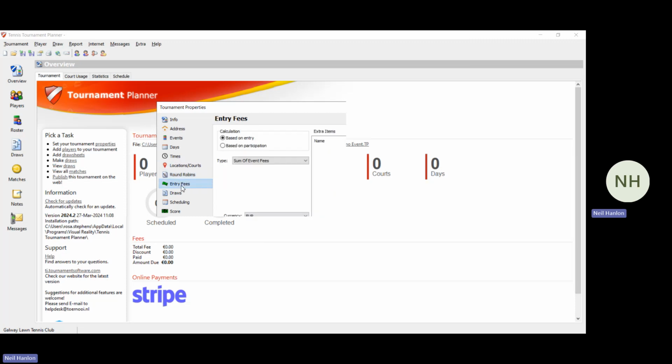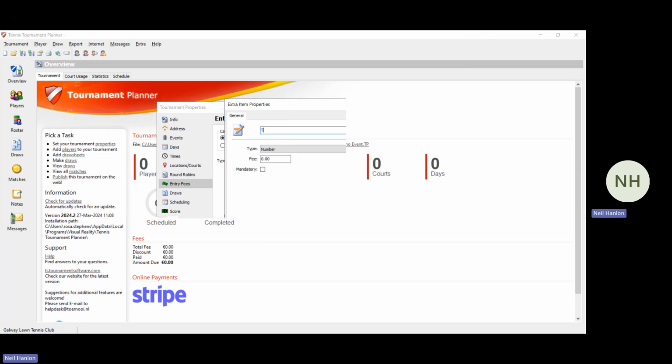The next step is our entry fees. So this is for anything extra, like your Tennis Ireland capitation fee, which we're going to add in. So you simply click on add. It'll just explain then what you're doing. You're adding in extra items for people. So we're going to put in Tennis Ireland capitation fee,